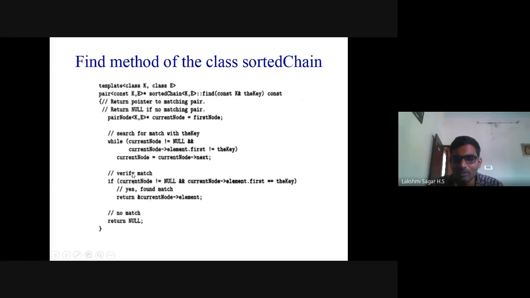So next we need to match it. If current node is not equal to null, it has not reached the last node, you need to use a logical AND operation. Next you need to determine whether the current node key is the key which you are going to find. If yes, then a match is found. Then it will return the value or element associated with that key. If it is not matching, it will return null.